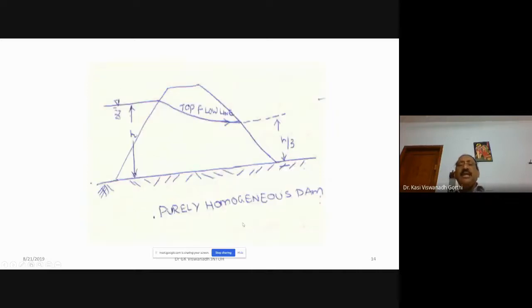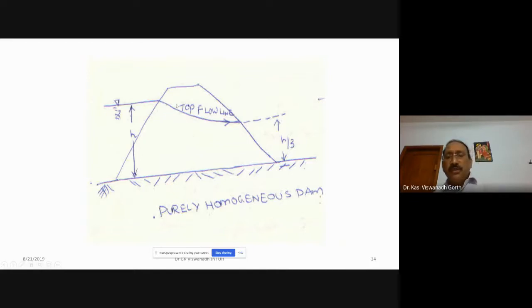Let us see a little theory behind this. When a dam is constructed, particularly an earth dam, as we have been indicating, on the upstream side and downstream side there will be slopes, and on the upstream side there will be formation of a reservoir. Since an earth dam is constructed with locally available earthen material, there is every possibility that from the upstream side, through the connected pore spaces, the water tries to move from upstream to the downstream portion. This is what is called seepage.